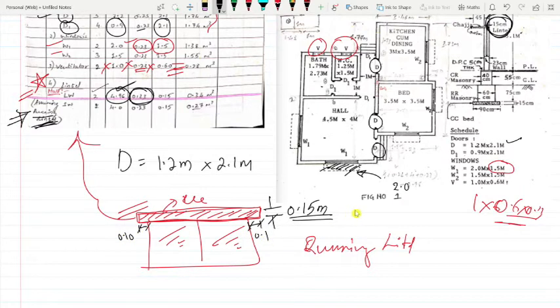So here, 2.0 plus 0.1 into 2 for this portion, and the width is the thickness of the wall, 0.23, and the height again 0.15. Only this much you take.